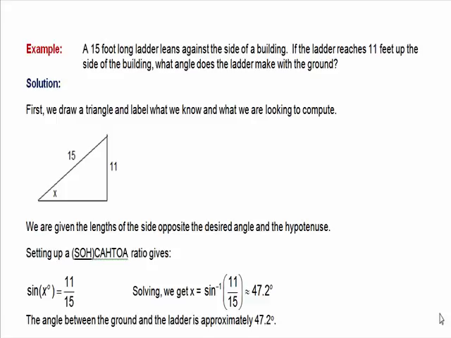Let's take a look at one more example. Suppose this one will be a word problem. Suppose we have a 15-foot long ladder leaning against the side of a building. If the ladder reaches 11 feet up on the side of the building, what angle does the ladder make with